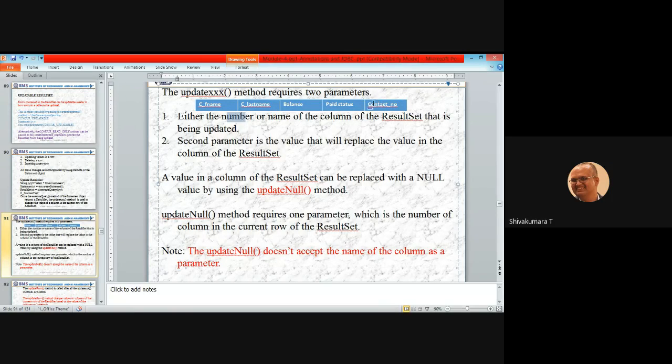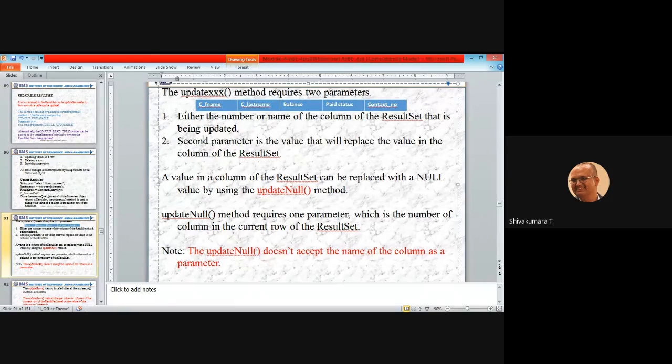What is the name of the column for contact? Contact number. What is the name of the column for last name? C underscore last name. If you want to update the column, you can use either one of these with the updateX method.